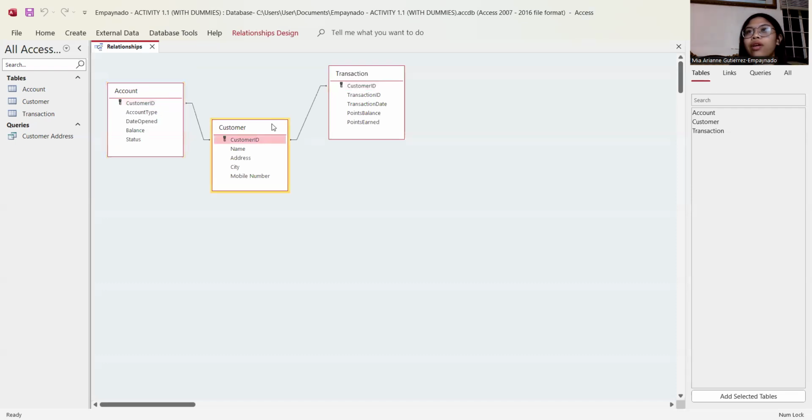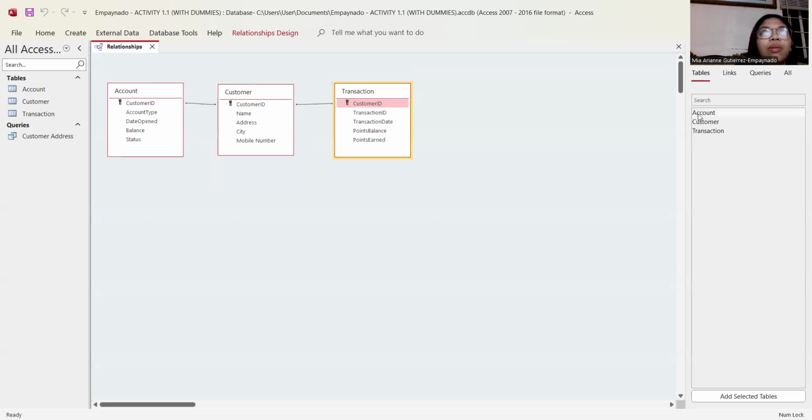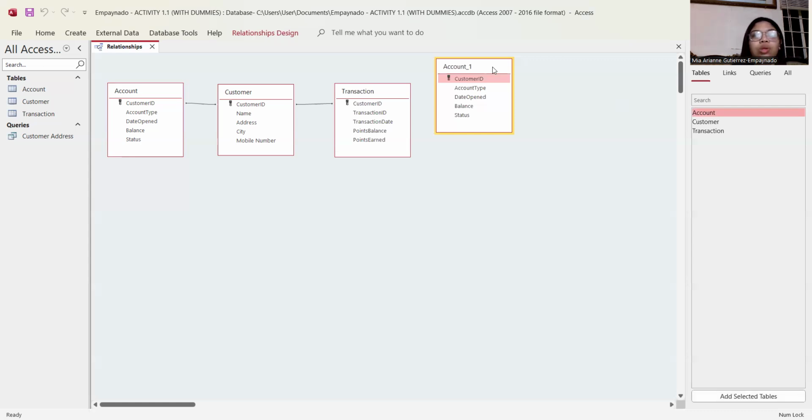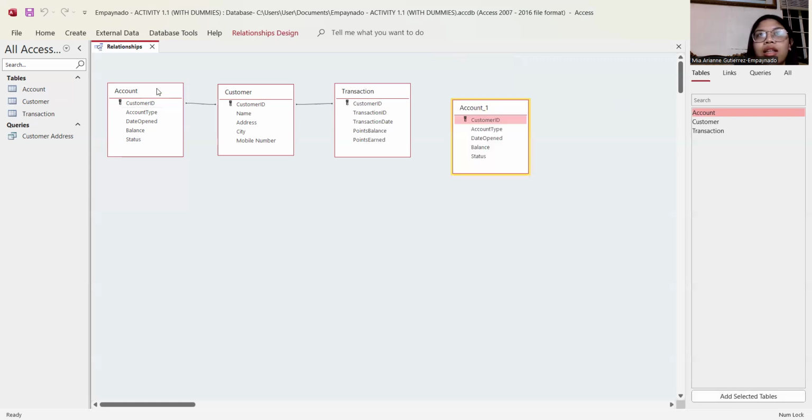So I'm going to have another example on how I did this. For example, I wanted to create another table for account. I'll just click on this. Here you'll see the add tables. In the add table, click the account or whichever table you want to add. Here I will choose the account. Click on add selected tables. Here you'll see that there is a separate account one. It is account one because you already had the account previously in this one.